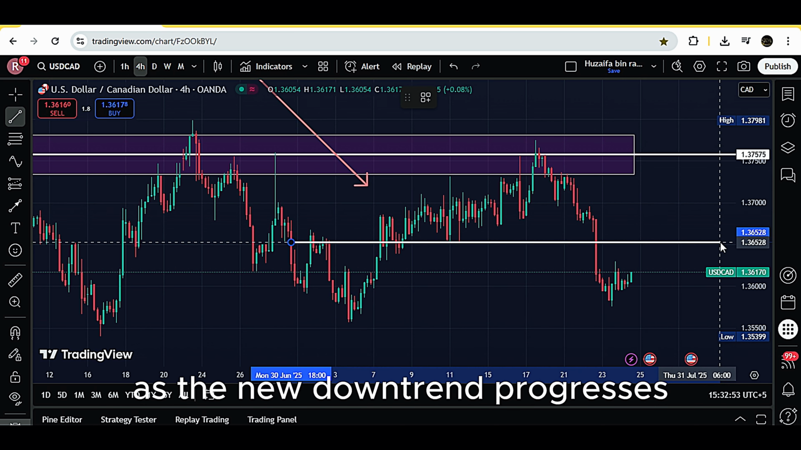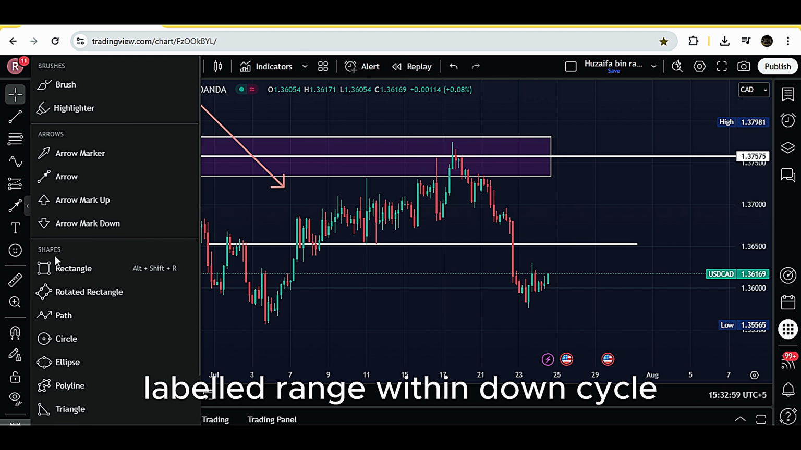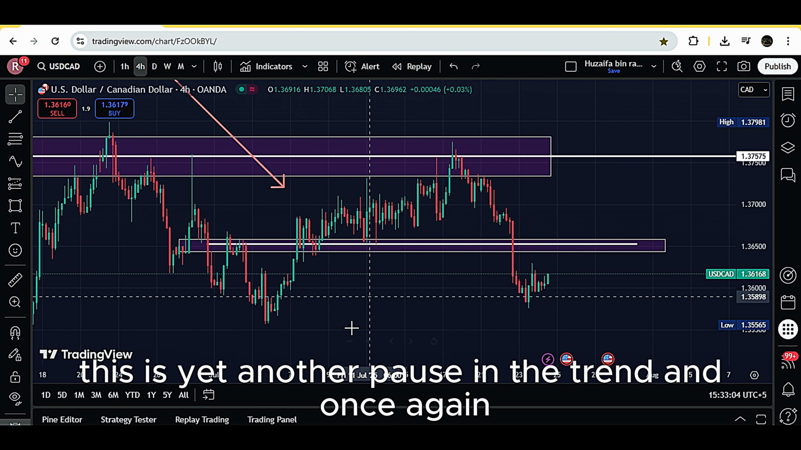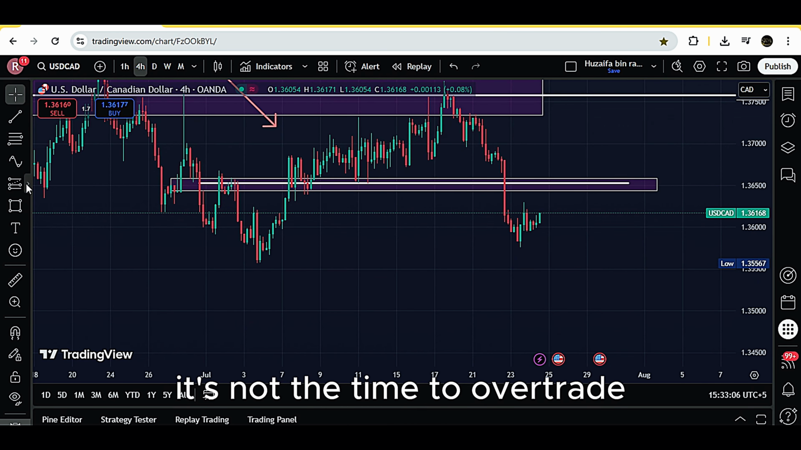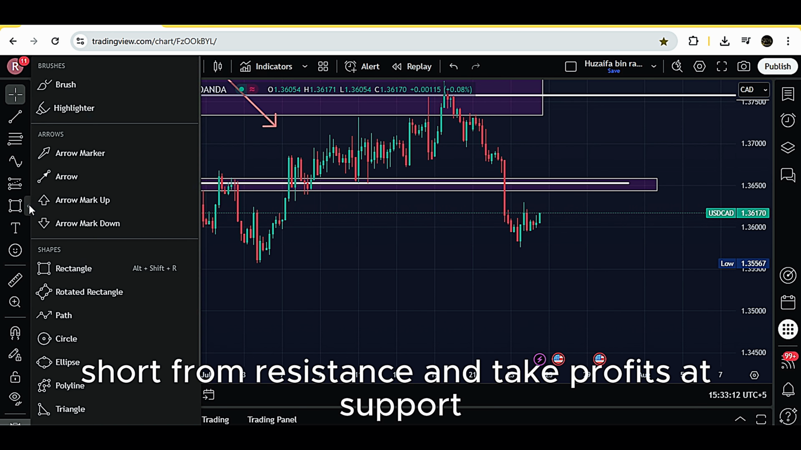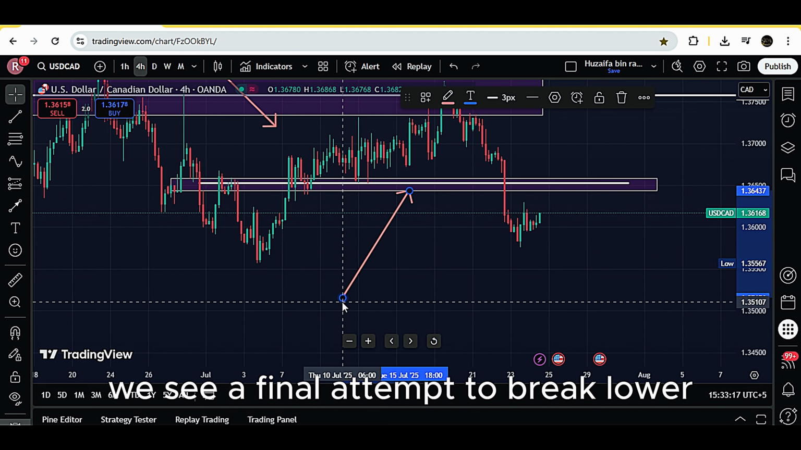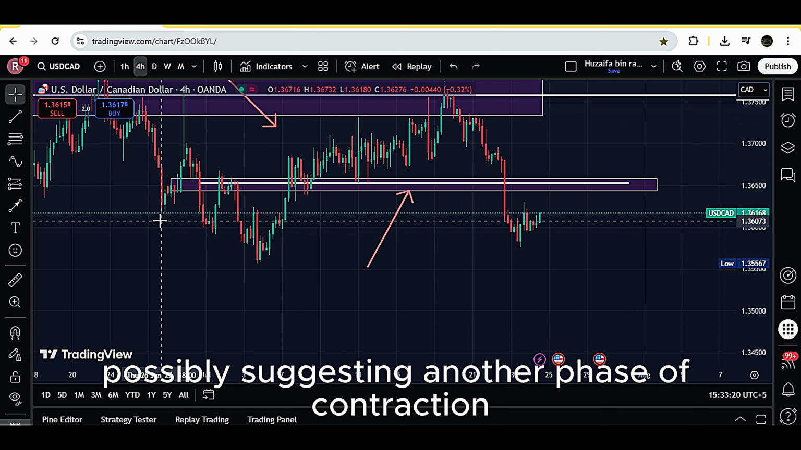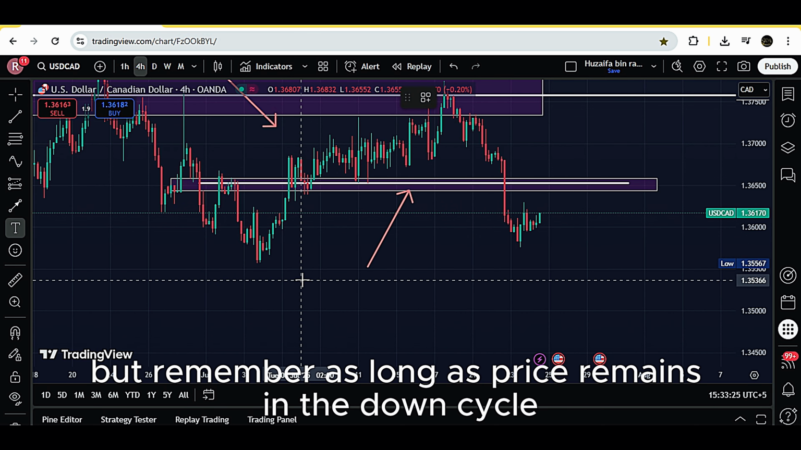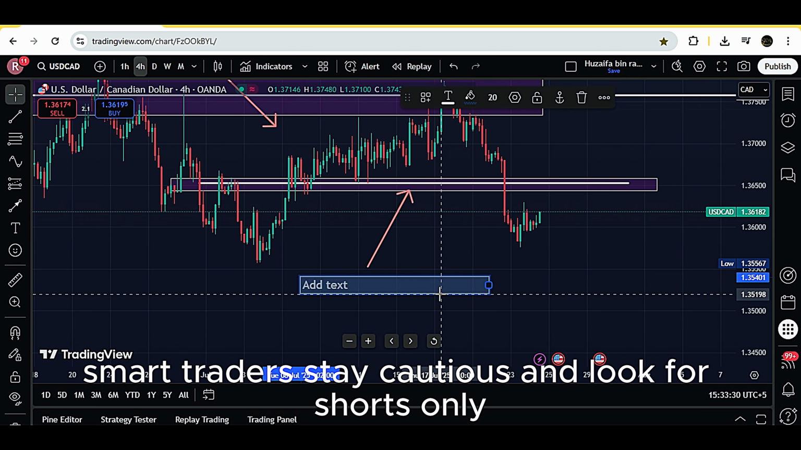As the new downtrend progresses, we again see a range zone appear within the cycle, labelled Range Within Down Cycle, Trade Edges Only. This is yet another pause in the trend, and once again, it's not the time to overtrade. Stick to the edges, short from resistance, and take profits at support. Toward the far right of the chart, we see a final attempt to break lower, but price begins bouncing, possibly suggesting another phase of contraction or early signs of reversal. But remember, as long as price remains in the down cycle, smart traders stay cautious and look for shorts only